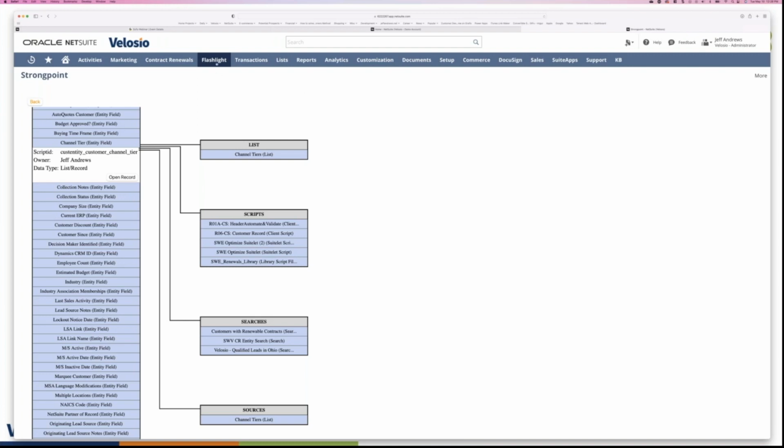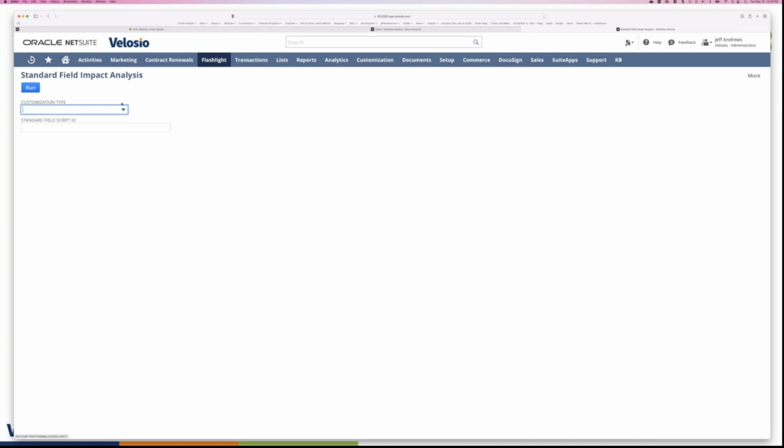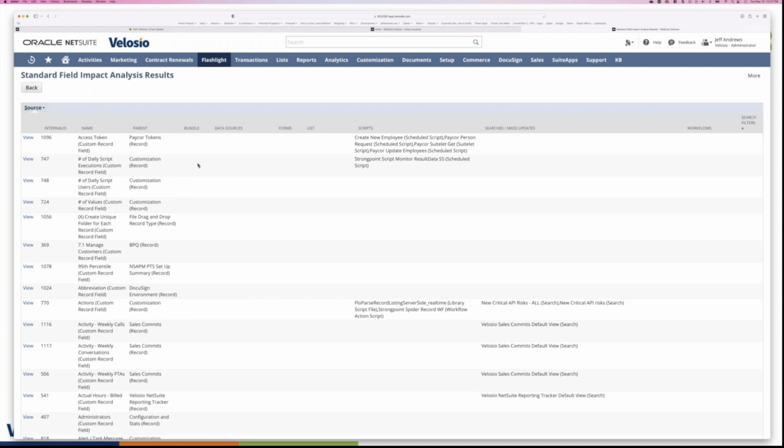All right, then I'm going to go back up and I'm going to come down. You can see a couple others here. I'm going to go to something called the standard field impact analysis. And I'm going to select, let's say, our custom record field and run this. So the standard field impact analysis will give you a list report in a similar fashion to what we just looked at. But now what this shows me is, in this case, where did this